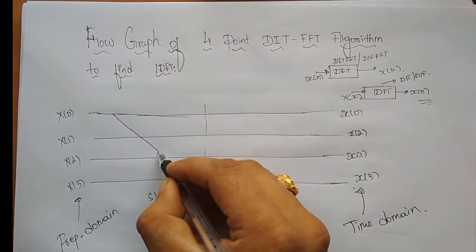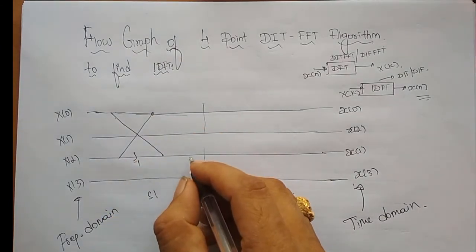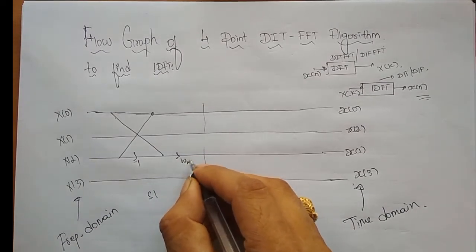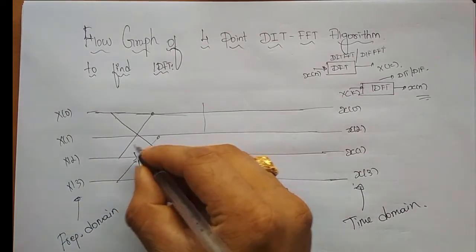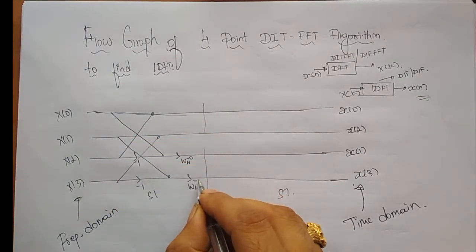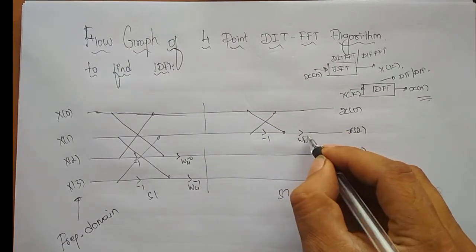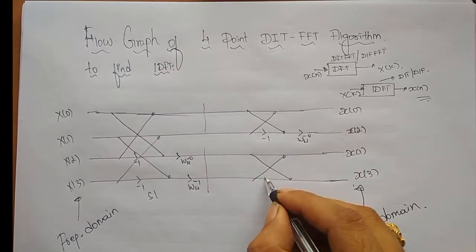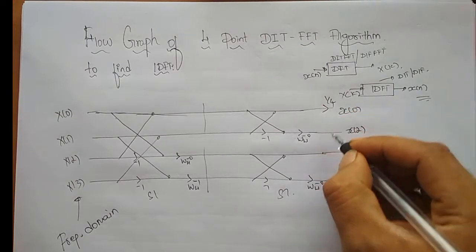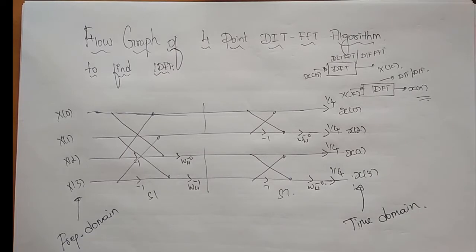So stage 1 will be having a bigger butterfly, lower end multiplied by -1, and the lower right leg, so it is W4 power -0. Okay, so the twiddle factor powers here are minus everywhere. So this is W4 power -1. So this is W4 power -0 and this is W4 power -0, and at the end I have to scale it by 1/4. Whatever output we get at the end, I have to scale it by 1/4.